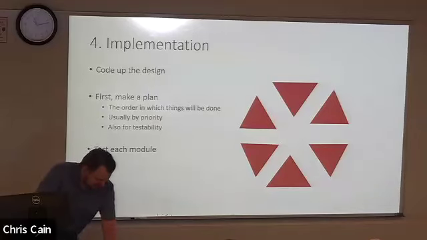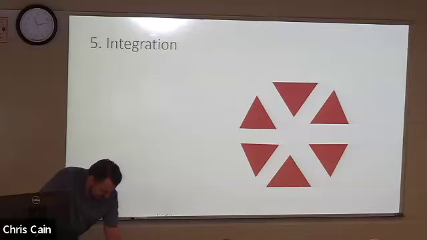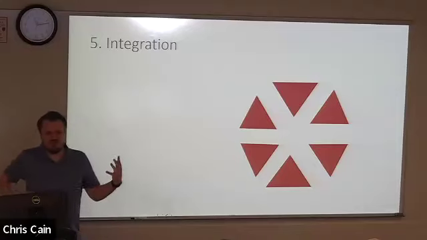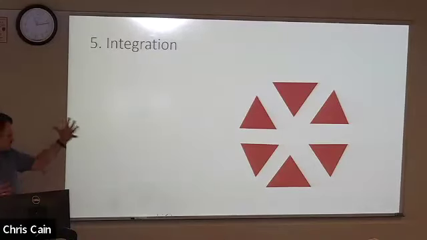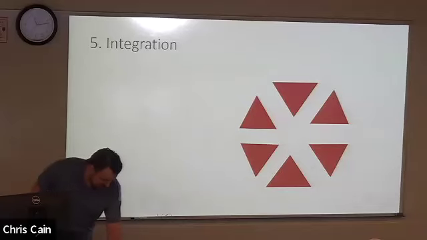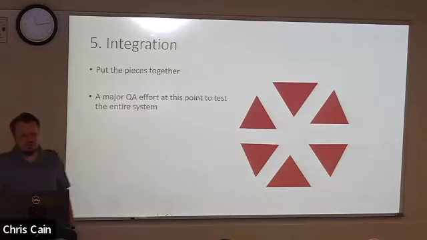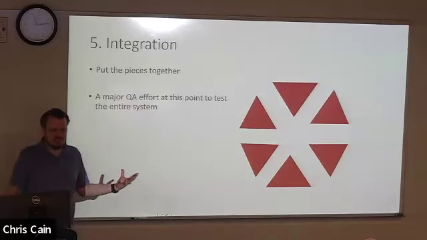As we do it, we test each module, make sure that it's working to what we want. We then integrate. Once all of these modules are coded up, we have each of these modules working independently. We integrate them together into the final product. So you've maybe written some unit tests for these modules, but now we need to test the system as a whole,